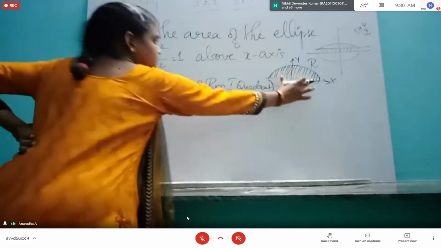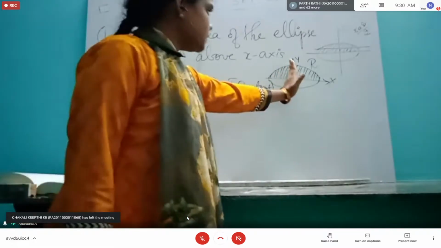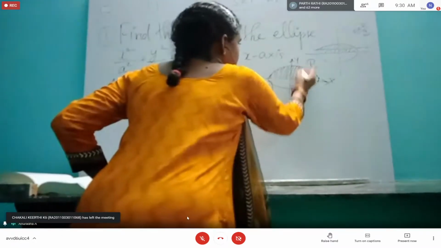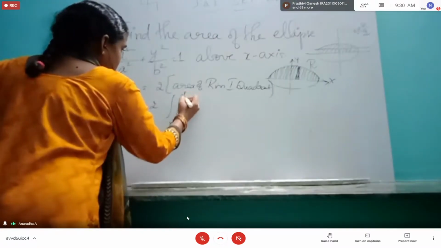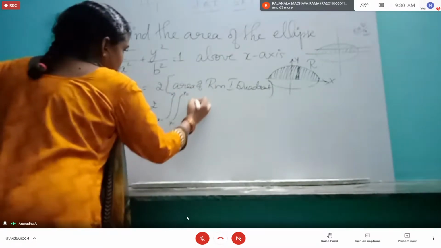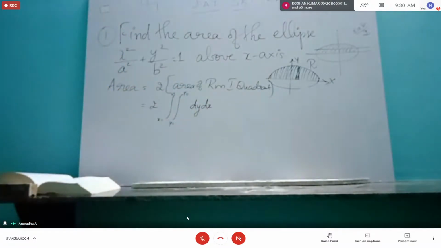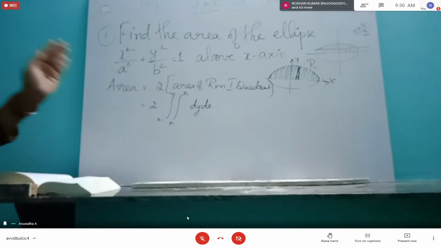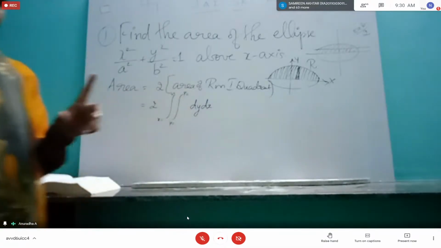So now we have to write this region. I'm going to do it as a vertical strip, parallel to the y-axis. So double integration over, here I have to write the y value, here the x value, and first dy dx. There is no f function; the f function is the unit function, unit changes. That is what we are saying. So we have to write the y value in terms of equations.